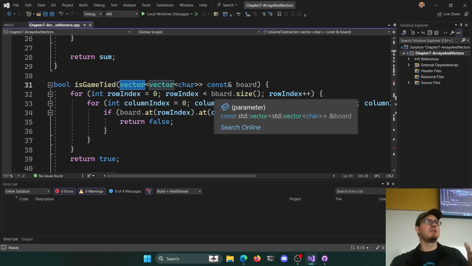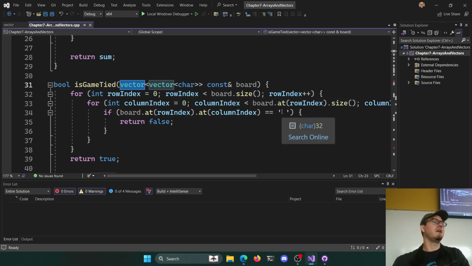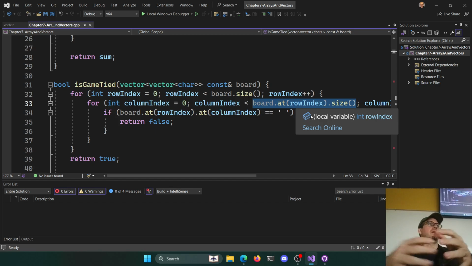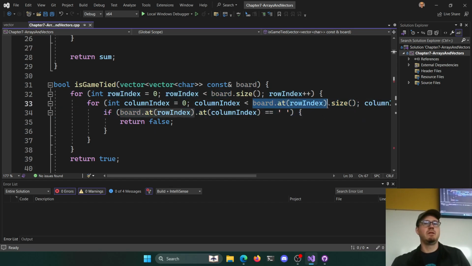Then to see how many columns are within that row, how many items are within that subvector, you want to go off the size of that particular row because these don't have to be square, right? I could have 3 rows and each row could have 50 columns. Sure, it's perfectly fine, right? So that inner vector then has a size. That's what we want to go off of to make sure we can make these things rectangular or even jagged